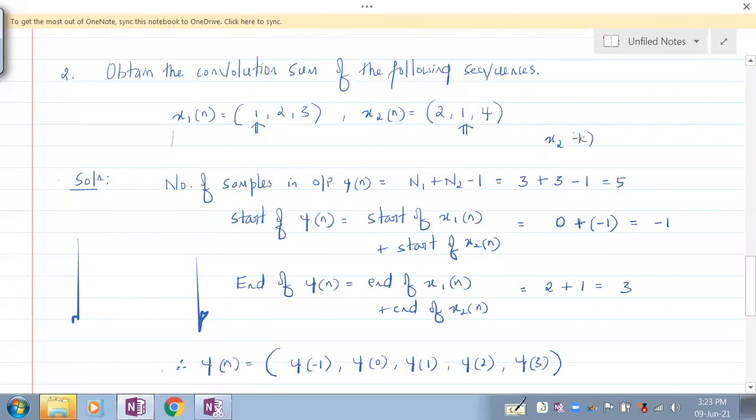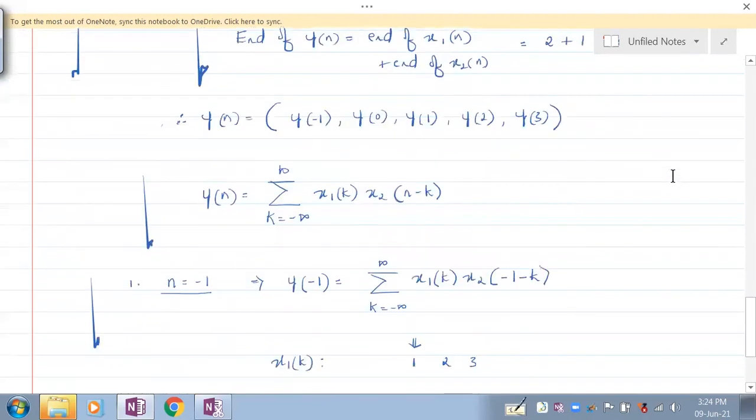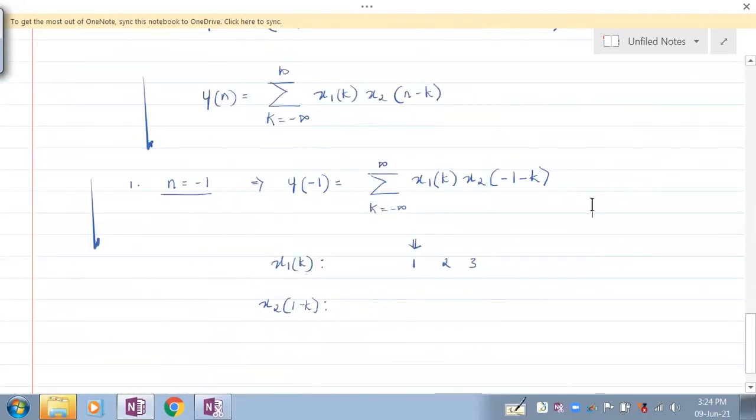x2 of minus k. Anybody, can you tell me this? This is the 0th sample. What should be there at the 0th sample? 1 should be there at the 0th sample. The 4 should now come on the left hand side, and the 2 should come on the right hand side. This is your x2 of minus k. Here it is referred to as x2 of n, but within the convolution we have to express it as k. If this is x2 of k, this is x2 of minus k. So let's have this x2 of minus k as the reference with us every time.